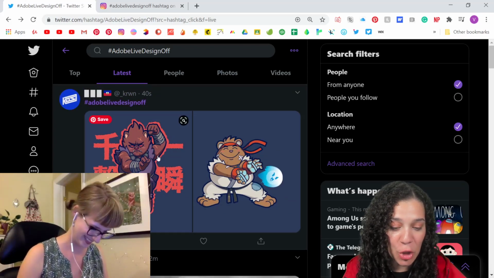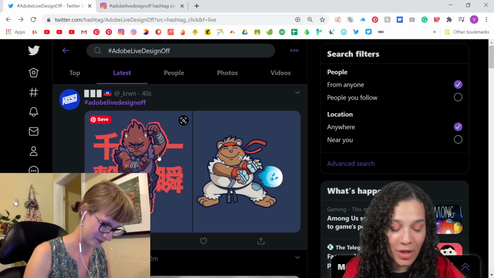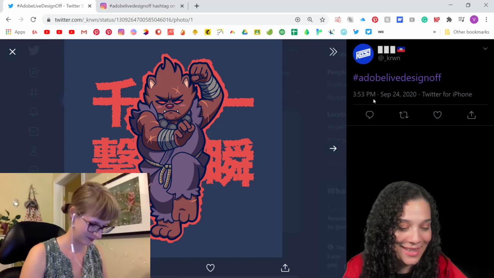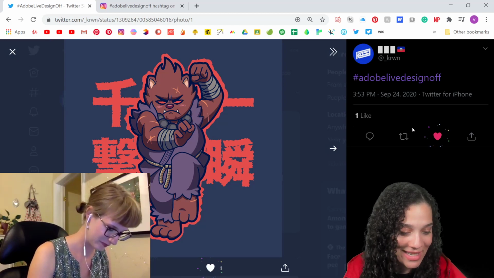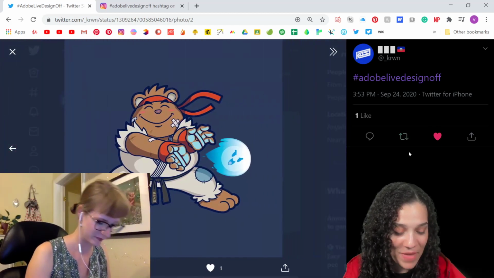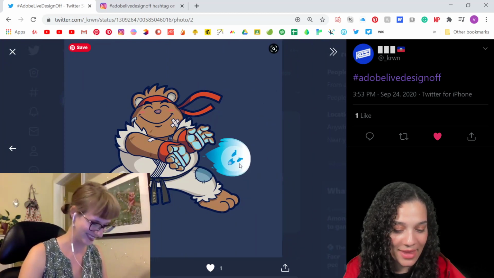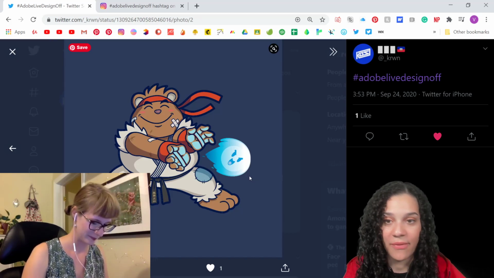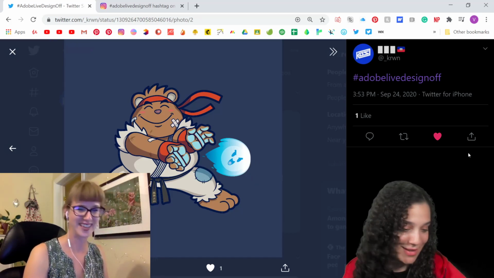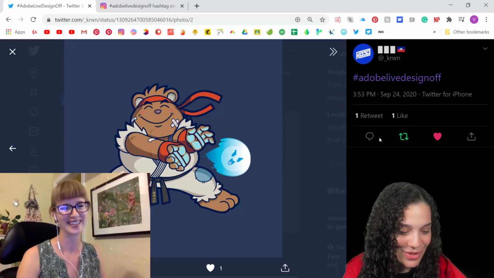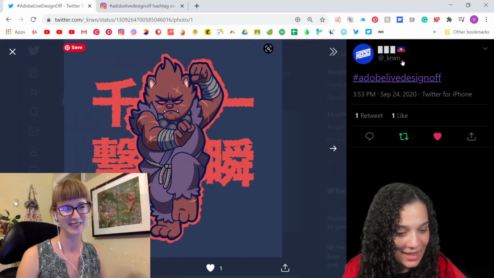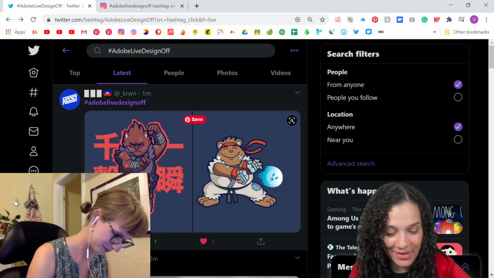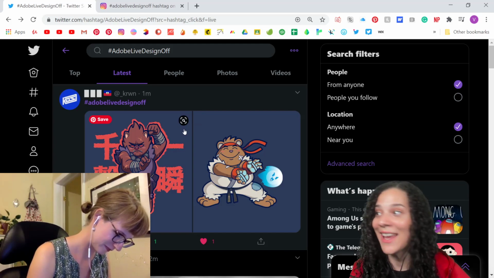Oh, we got some from Kerwin too. Oh my gosh, he has done some cat Street Fighter characters here, and they are making my day. I also love that the Hadoken Ryu power up here has a face on it, because why not have a face on it? Oh, those are so cute. These are adorable. Well done, Kerwin. _KRWN for Kerwin's Twitter. Please give him a follow as well. You guys are amazing and have made my day.